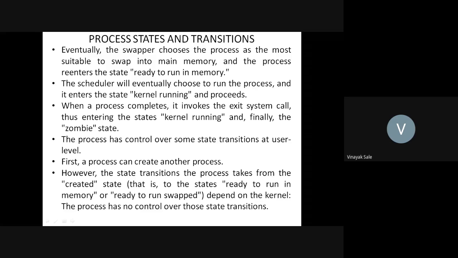The process has control over some state transitions at user level. So first, a process can create another process, that is by using the fork system call. However, the state transition the process takes from the created state, that is, the state ready to run in memory or ready to run swapped, depends on the kernel. See in this figure,